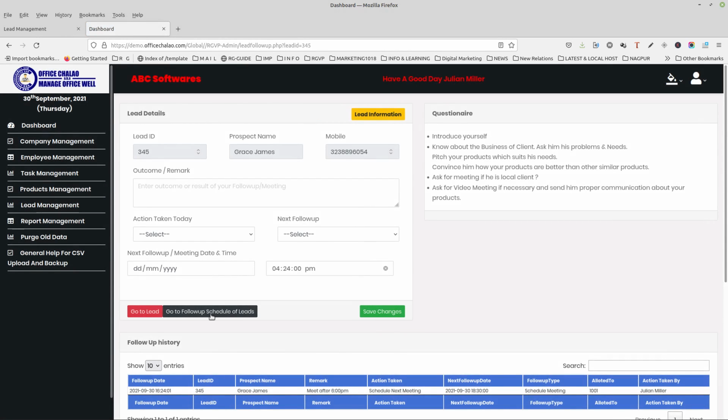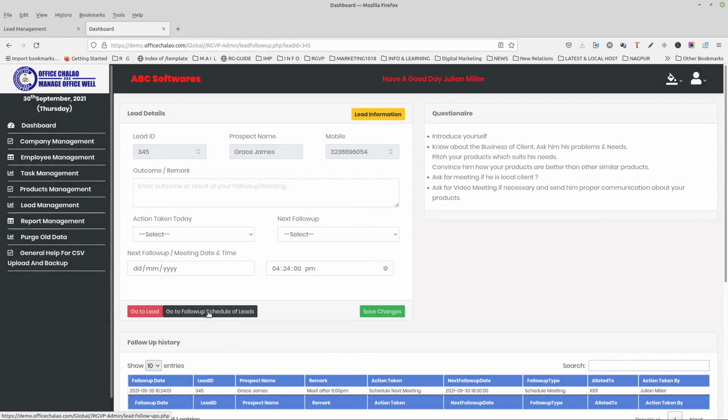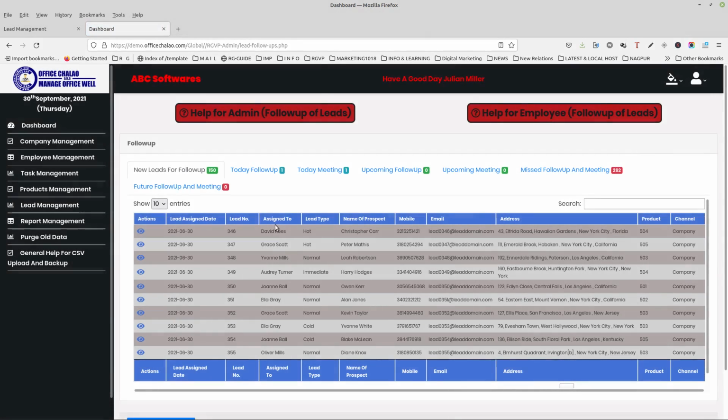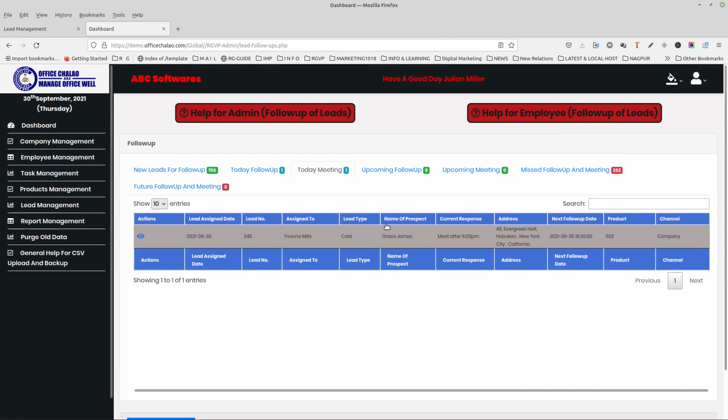And click on Save Changes. Go to Follow-up Schedule of Leads and click on Today's Meeting. The newly scheduled meeting is visible here.